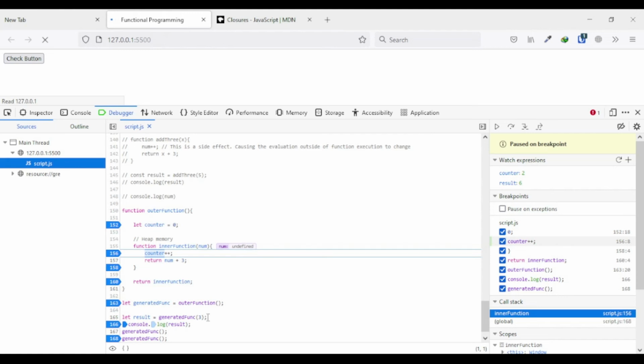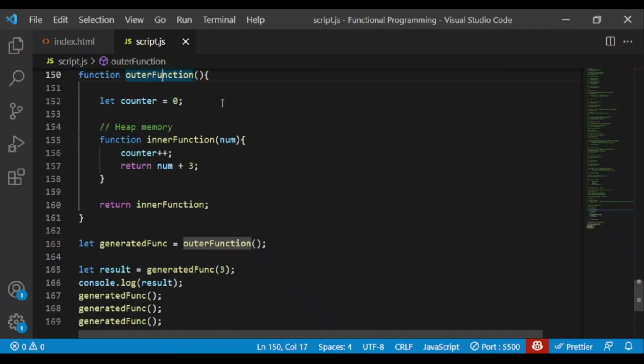So the thing is, at the first call the counter does not increase to 1. I don't know why, but it should. I don't know why it's not. Let's try to convert this function into the ES6 syntax. Okay, our function is equal to